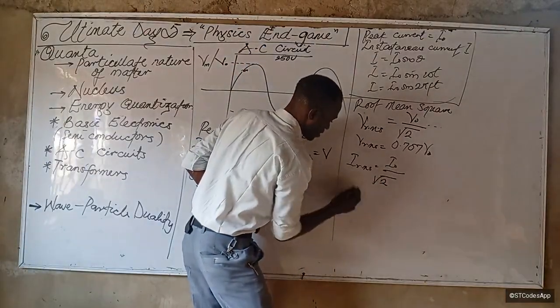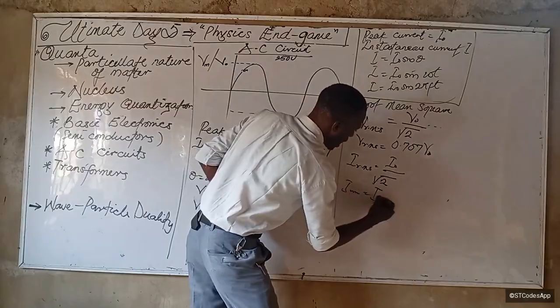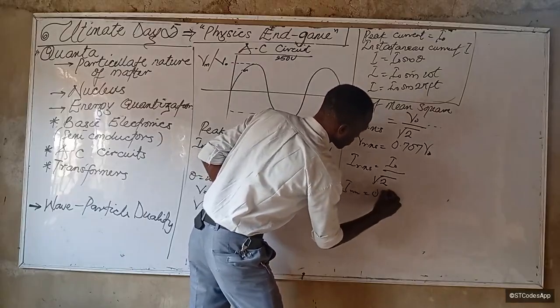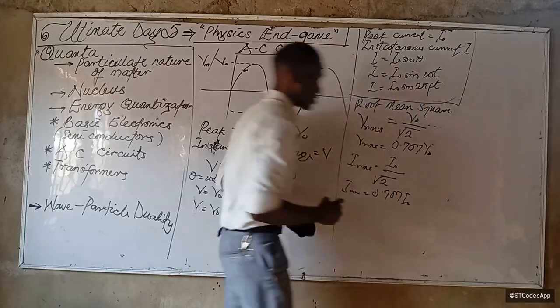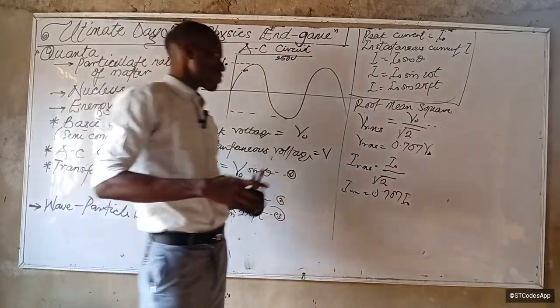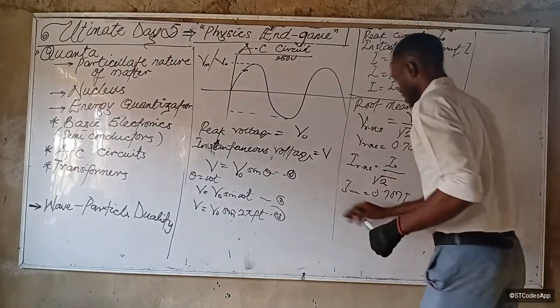So IRMS therefore we got what? I naught times 0.707, so 0.707 I naught. Is that okay? Good. Now, in